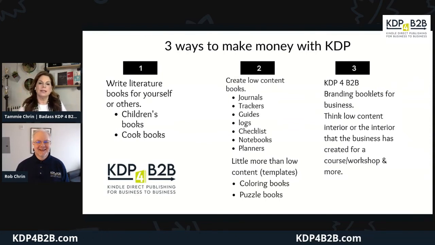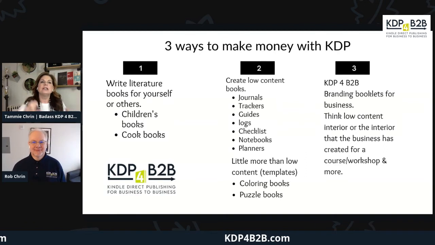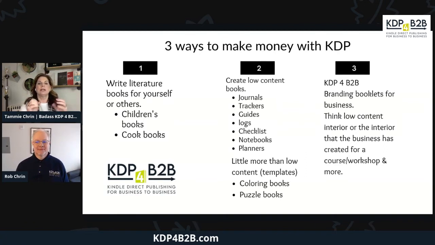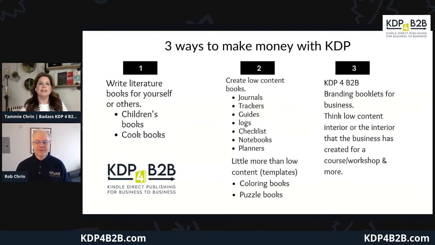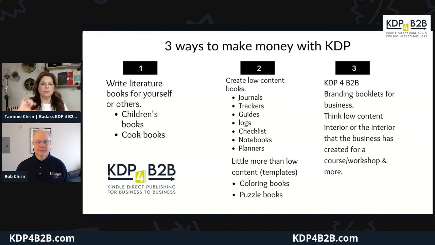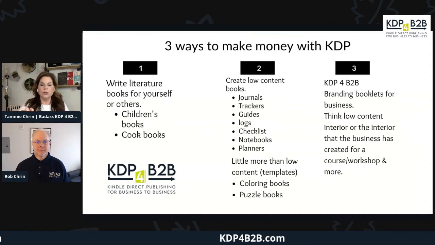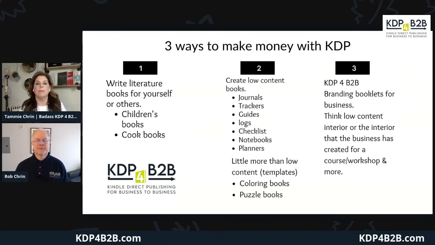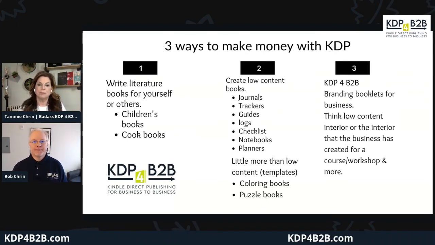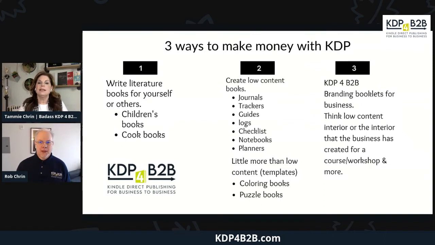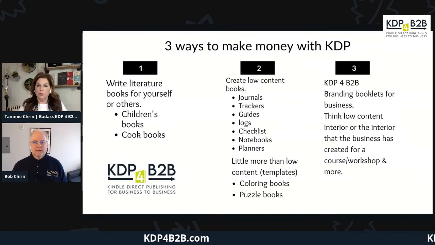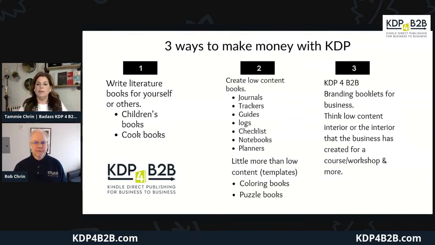I did all the low content books and keywords and trying to find the right keywords. And the keywords is something like, if it's sparkly unicorn, sparkly is one keyword, unicorn is another word. So if I typed in sparkly unicorn, it might lead you to that book by a keyword. Yep. So the third one is KDP for B2B.